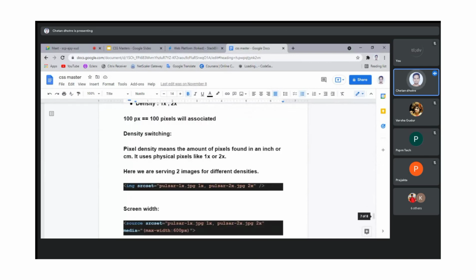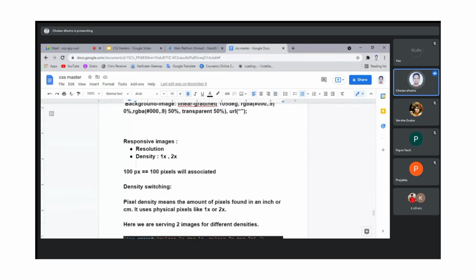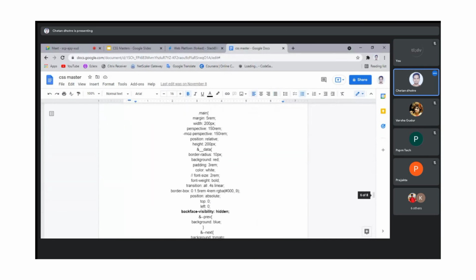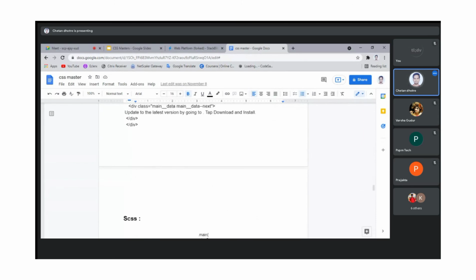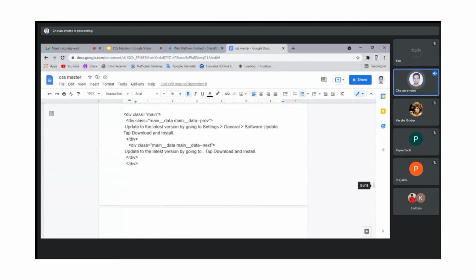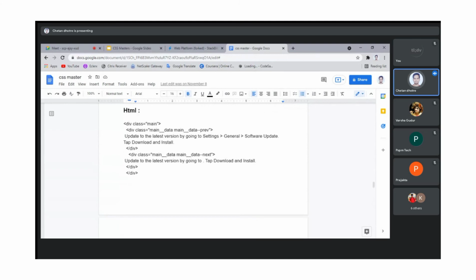This is also remaining, but this is huge stuff with the images, which one to pick, and there are other ways I haven't touched in responsive design, like max width, min width.